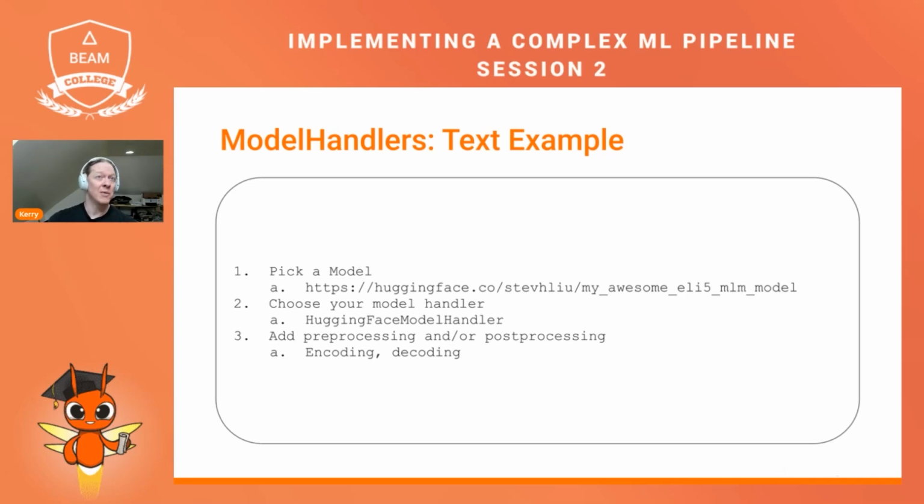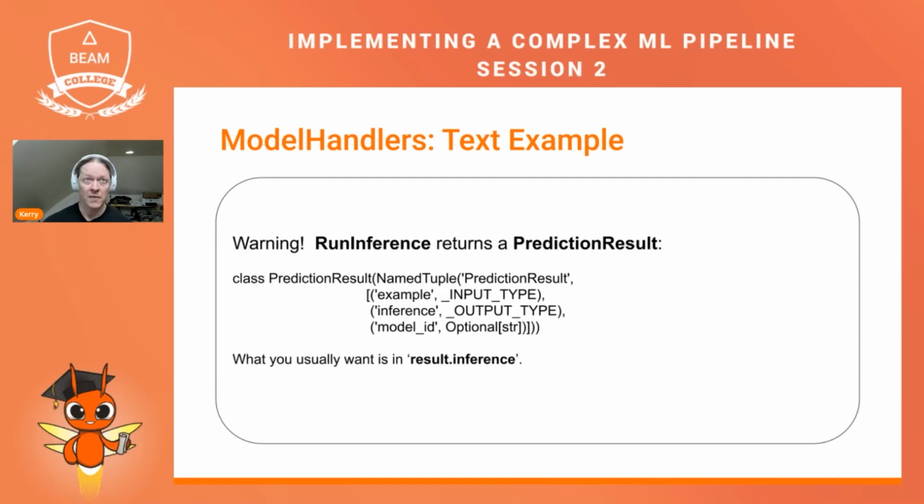Now that we've decided on the model handler, we are going to have to adapt the pre-processing and post-processing functions to prepare the input for this model correctly. Now, there is one caveat, one thing that probably is the biggest trouble for new users of Run Inference, is that in the pipeline, you will be processing the output of Run Inference in your subsequent steps. But Run Inference's output is not merely the output of the model. It is actually